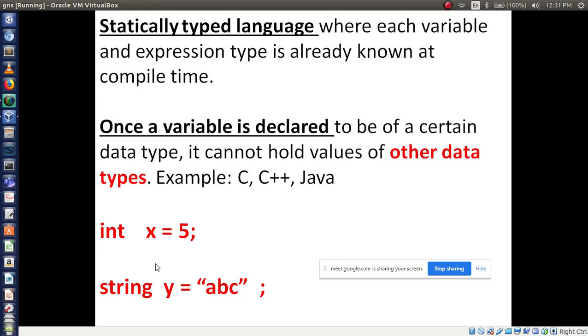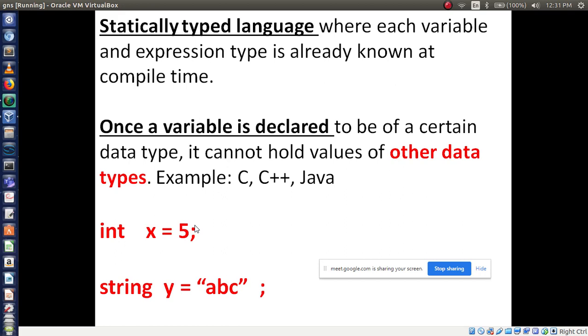Once you declare, it is fixed and will not change. So we call these statically typed languages. Languages like C, C++, Java are statically typed, meaning the data types are fixed and will not hold other data types' values. Is it clear? Understood the meaning of statically typed language? Yes. If we declare int x equal to 5, it will not change.